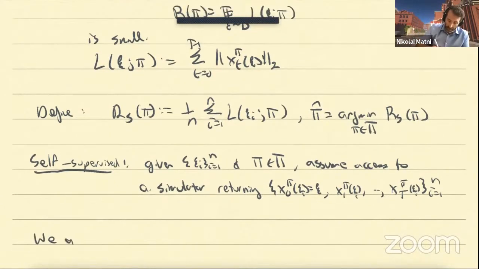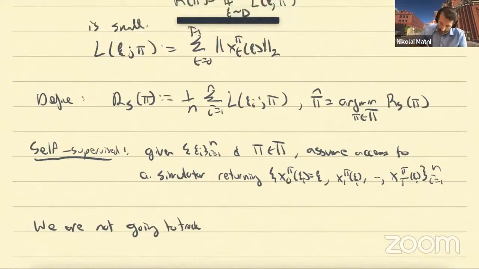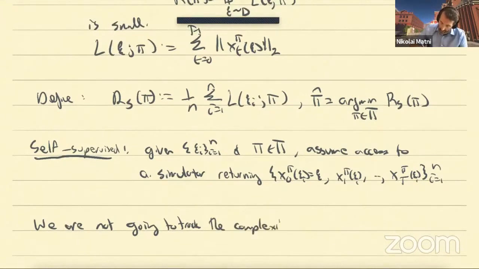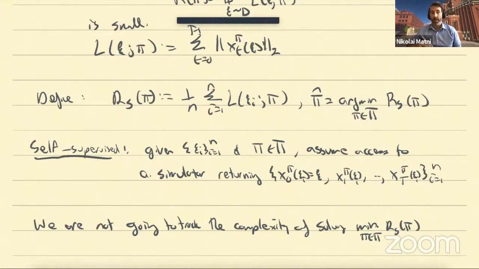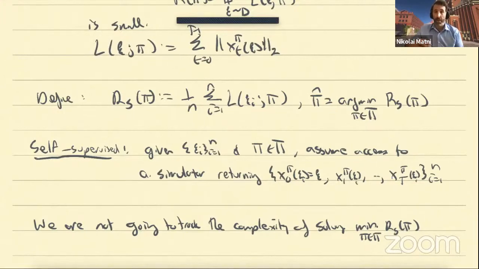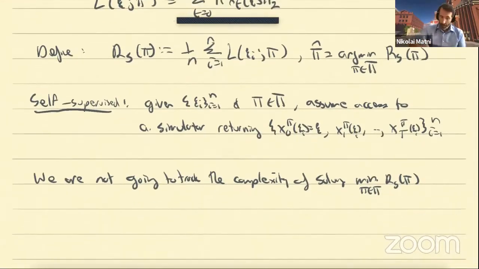We are not going to track the complexity of solving this empirical risk problem, in the sense that I'm not going to keep track of, say, the number of repeated rollouts that I need to make over these different initial conditions while solving this empirical risk minimization. That may exceed the number of data points that I have. But I'm just going to assume that I'm actually able to solve this and spit out a policy that optimizes the empirical risk. And then we're going to worry about the generalization gap.